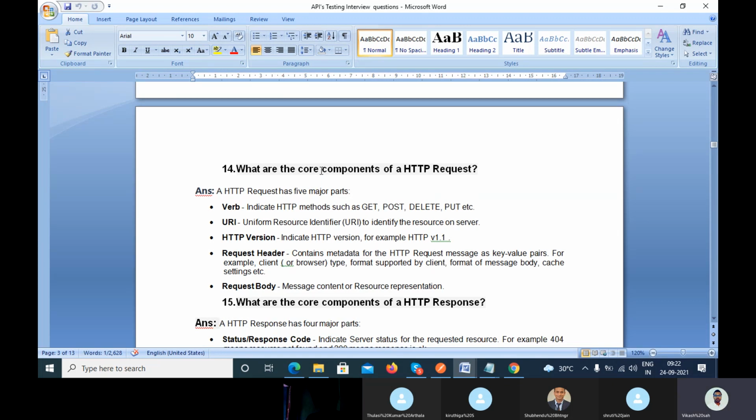Now, what are the verb and the components we have in the HTTP request? We have discussed that verb means method, like post, put, patch, and delete. Then URI, uniform resource identifier, and the HTTP version, like HTTP v1, v2.